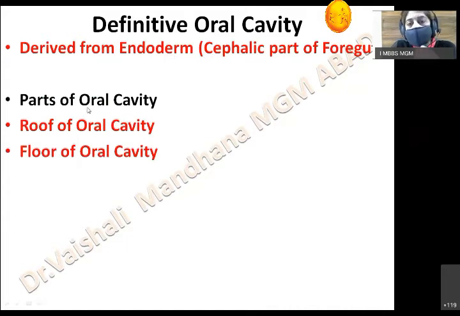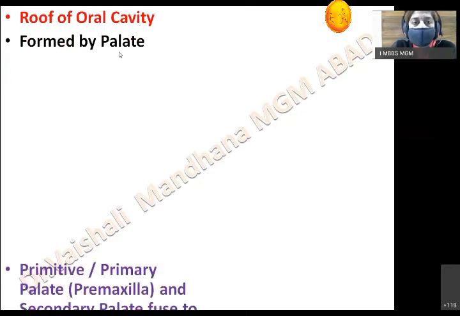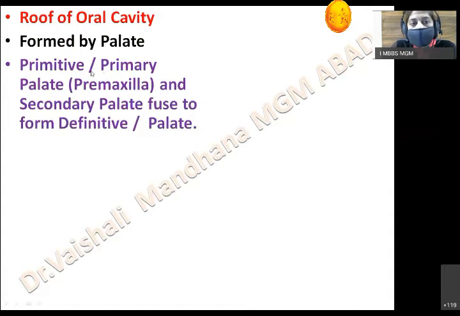Then the oral cavity, think about your own mouth. Now oral cavity is having a roof which is formed by the palate, and the floor of the oral cavity is there, in which the tongue is lying, tongue and the alveolar processes. So roof of the oral cavity is formed by the palate. Palate is of two types: primary palate and secondary palate. They fuse to form the definitive palate. So developmentally, you have got the primary palate, secondary palate, they fuse together to form the definitive palate. And in gross anatomy, you know that palate is divided into the hard palate and the soft palate. So that is altogether a different term.